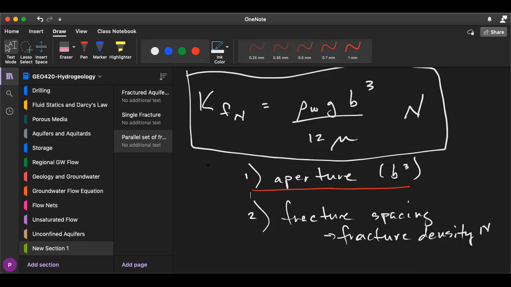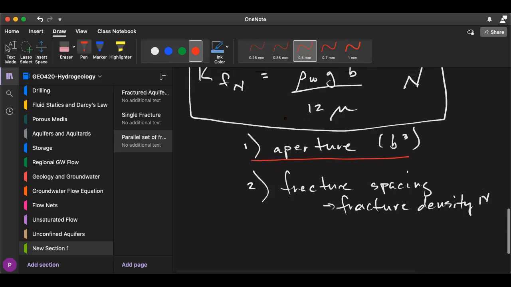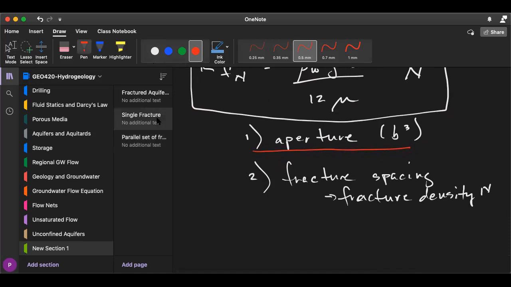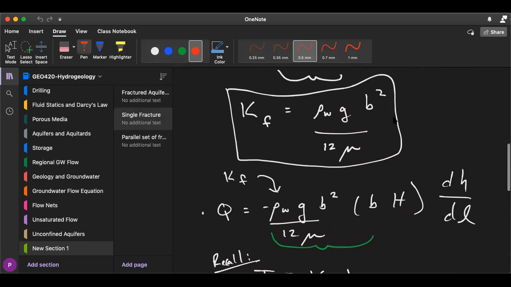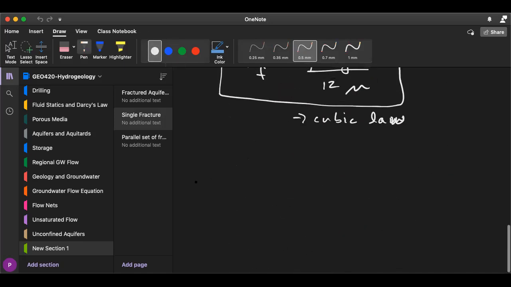So let's take 5 minutes here before the break, and we'll go back up to the single fracture equation here. Remember KF. All right, let's think about the hydraulic conductivity. So calculate KF in meters per second